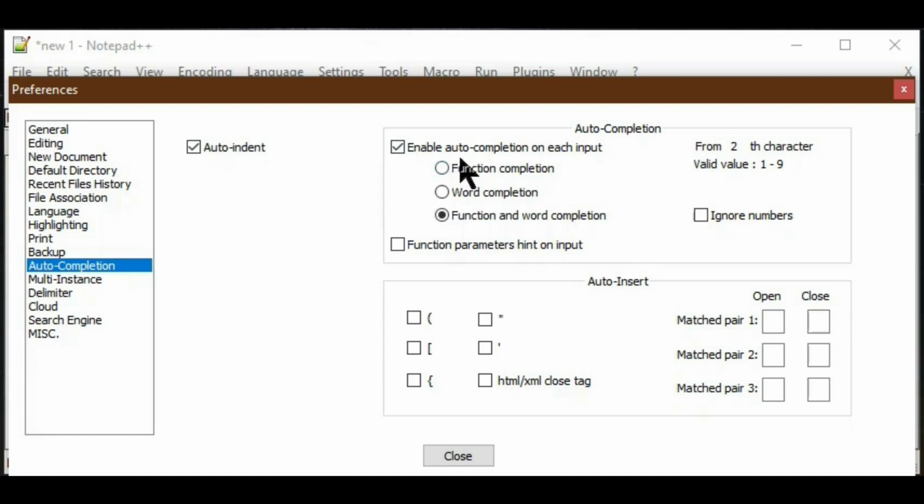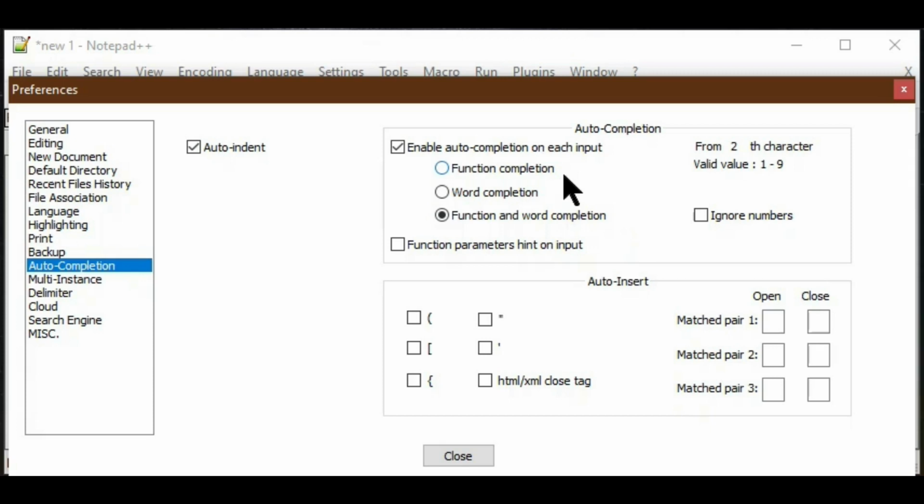This auto completion also has 3 options in the radio buttons: function completion only, word completion, and the third one, function and word completion. By default, normally it will select function and word completion. Function only means it will suggest only keywords and function names of that language.